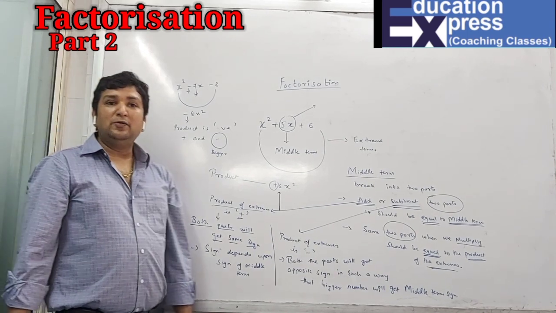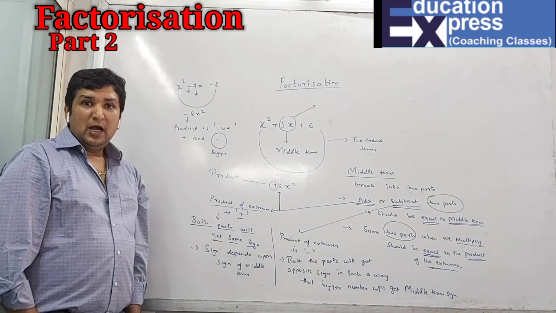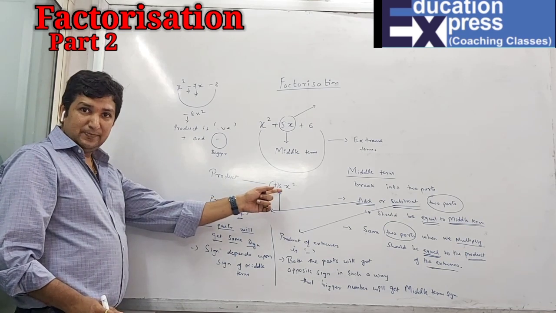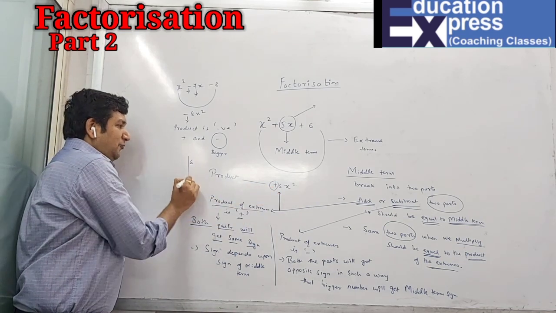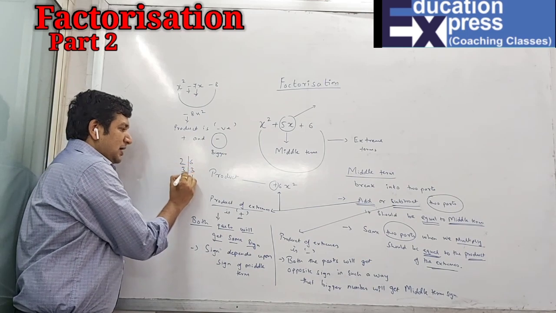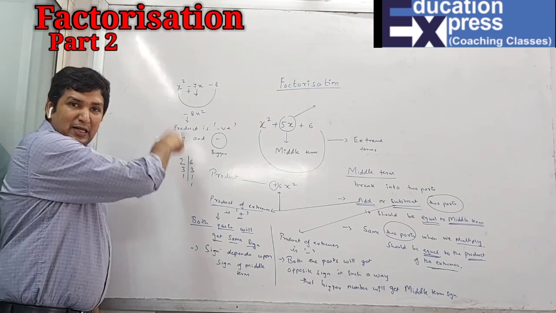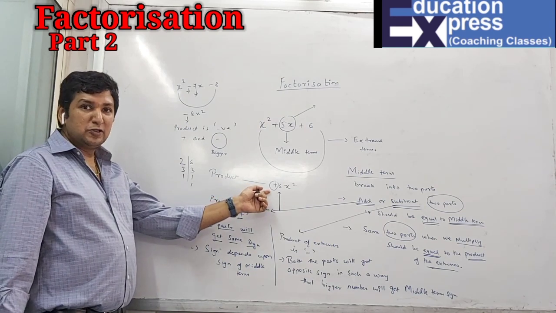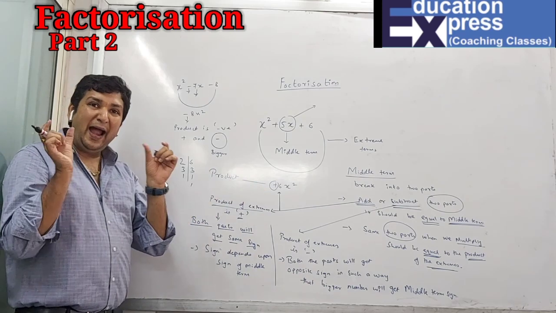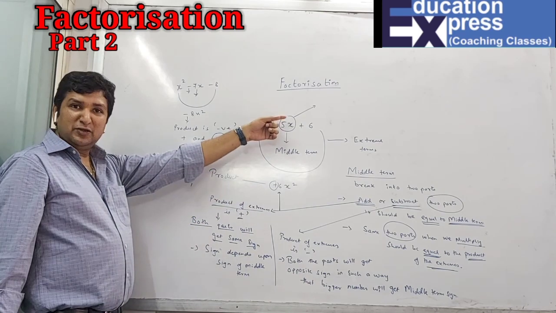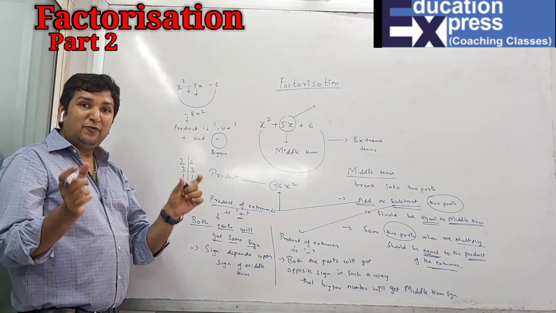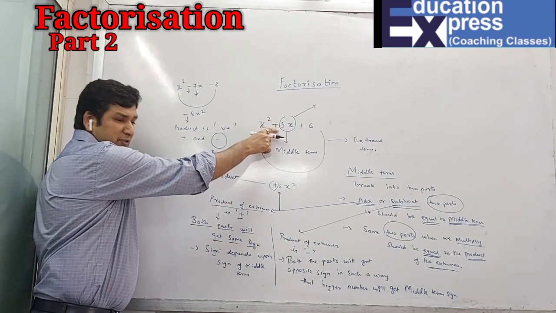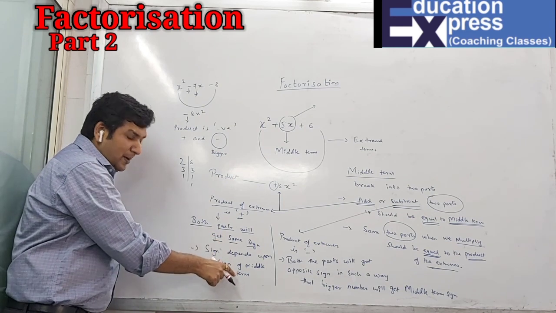Now, when I'm talking about the factors, the two parts, how will you come to know what the two parts are? When you get the product of the extremes, you have to find the factors: 2 3s are 6, 3 1s are 3, and 1 1s are 1. And you have to use all these numbers to get the middle term. As I have given the first example where it was positive, obviously I have to add two numbers and get the middle term, which is 5. You have to add two numbers, that means they have the same sign, and the same sign will be positive, because I have told you the same sign depends upon the middle term sign.